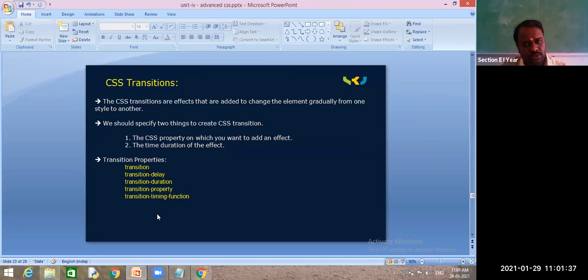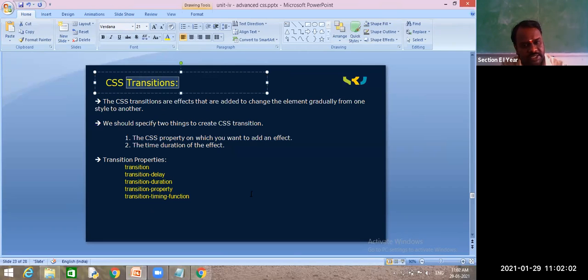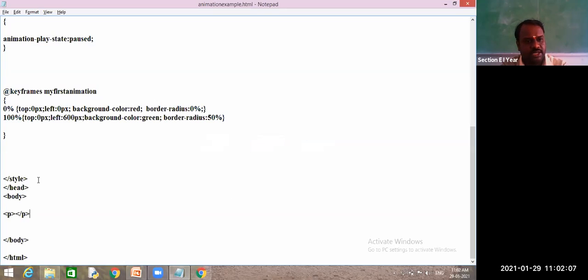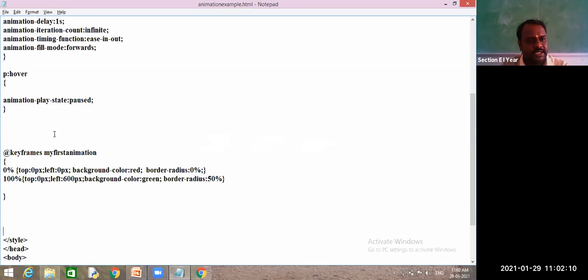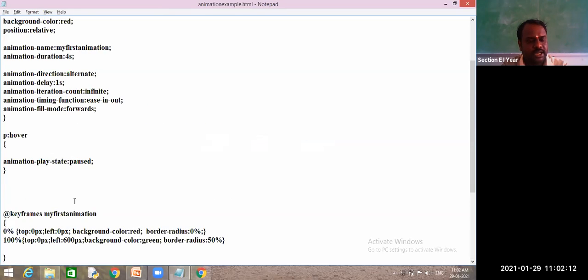Transition is also like an animation, but animation is different. This time transition affects it. The effect is nothing but either changing color or changing width. These are all performed immediately in animations, but I don't want to apply them immediately. So for some time, this should be applied. See one thing. Just now I have shown that I have changed the color property.